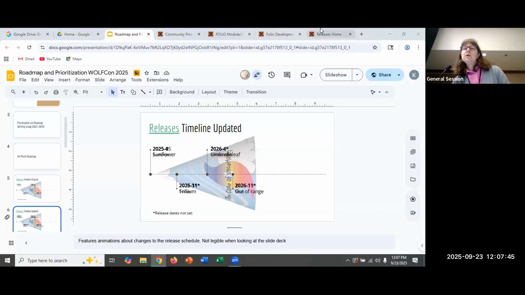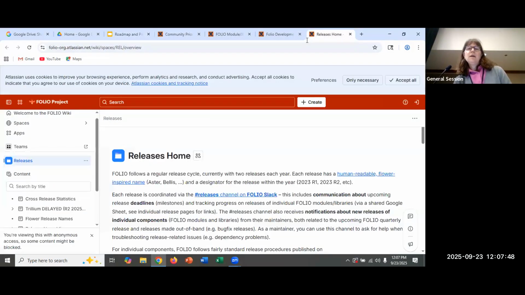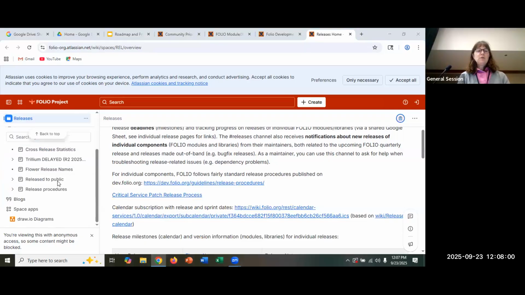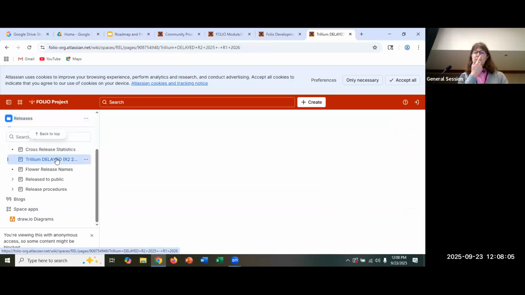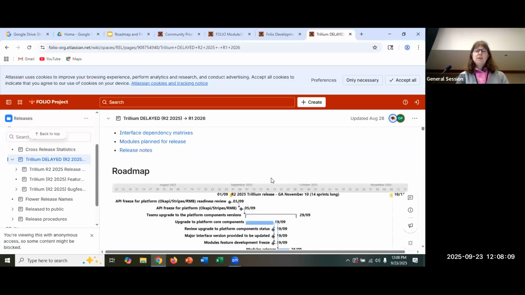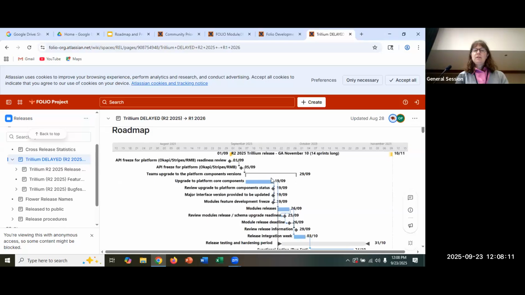So you can go to the wiki, and I'm going to just need to scoot this control out of the way, and you can see the releases home. And so if you want more information about a particular timeline, this is also a chance where you can look and see information. So you can see here our Trillium release, which is delayed, but you may be interested in looking at all of these different